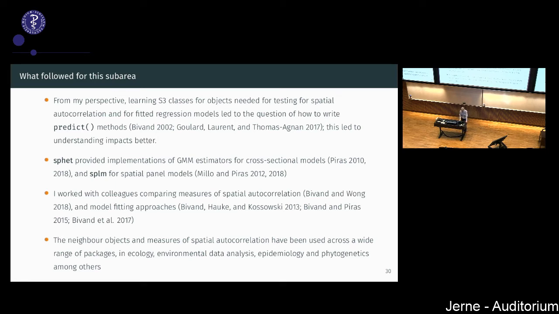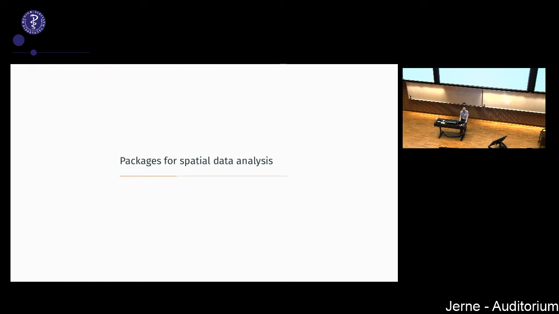And what I've been doing more recently is working on comparisons very often across platforms to try to find things out about what's going on. So the range of applications has been really very surprising: ecology, environmental data analysis, epidemiology, and, which we found really odd, phylogenetics, who also use spatial methods, in particular what's close to what, in their work, which we hadn't thought of, because you can't really see phylogenetics on a map. But there are also the relative positions of things.